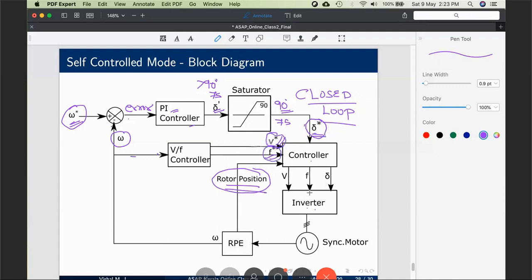Now it's very easy for the inverter to synthesize this voltage at this frequency, at this phase, with respect to this rotor position. So we control V, F and delta with respect to the rotor position, and that will be impressed on the synchronous motor. This ensures that your EF and V are displaced by an angle delta, and delta can be as high as 90 degree if you want maximum torque to be developed by the machine. Hope the concept is clear.